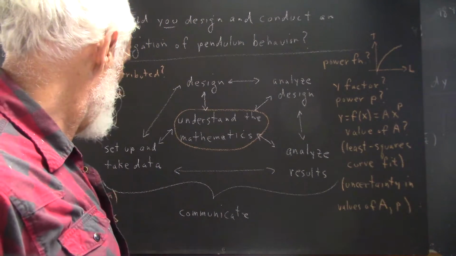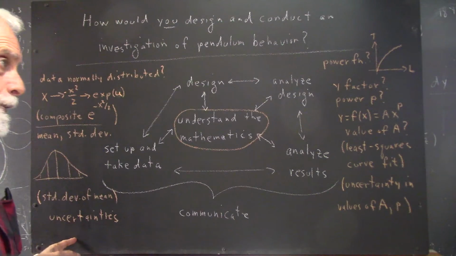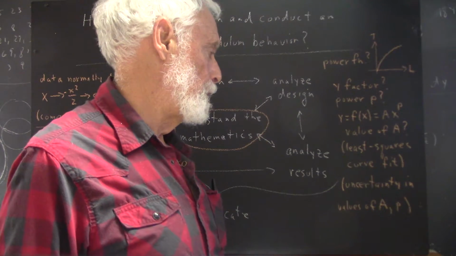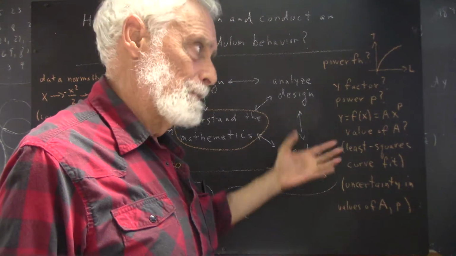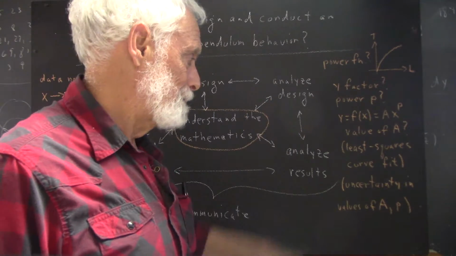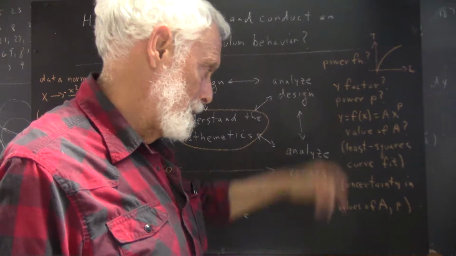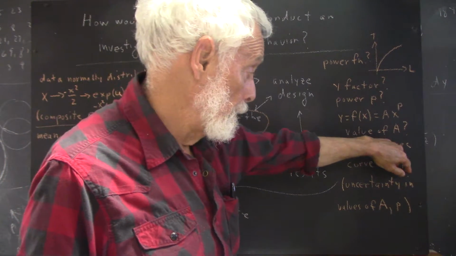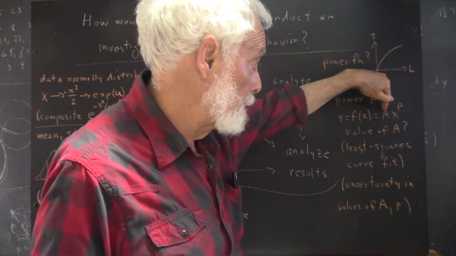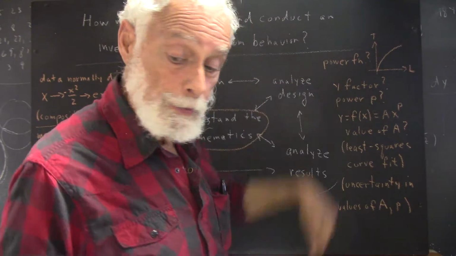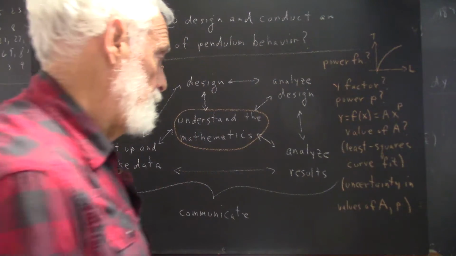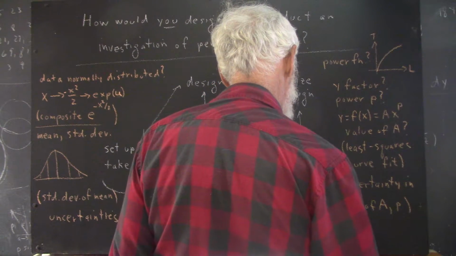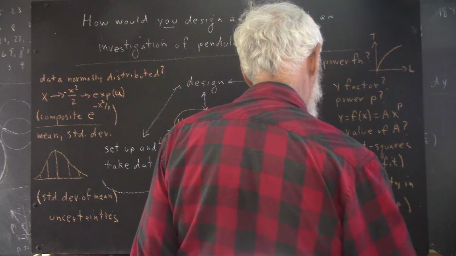you then, if you have a good handle on these uncertainties, can, with some fairly sophisticated mathematics that we won't touch here, if you really want to know about it, email me and I'll explain it. But we get the uncertainty in the values of our constants a and p that determine this function. And then maybe we compare with ideal